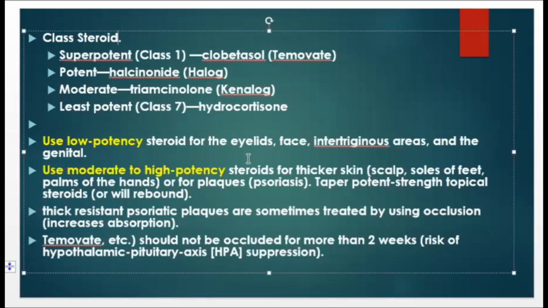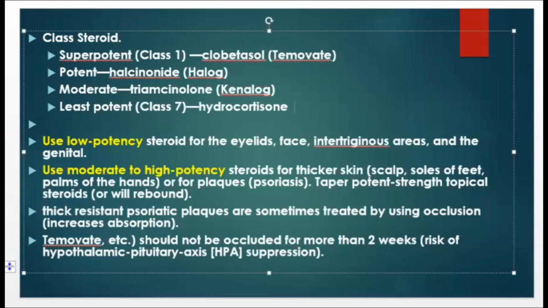Then we have another one that is also used, which is the super potent. Okay, an example is the clobetasol, okay, or Temovate, but you're always going to see this word, clobetasol. Okay, it's usually super potent, but they have the risk of hypothalamic or pituitary axis suppression. So however you can use to remember it,